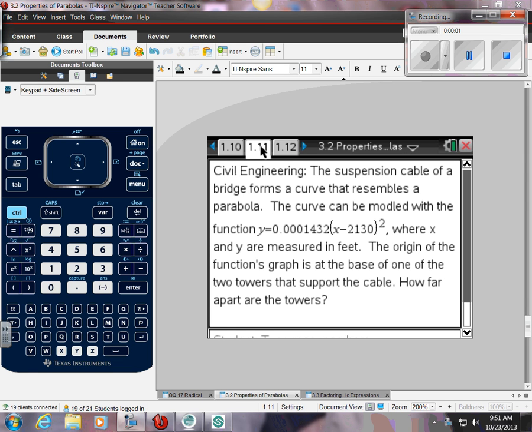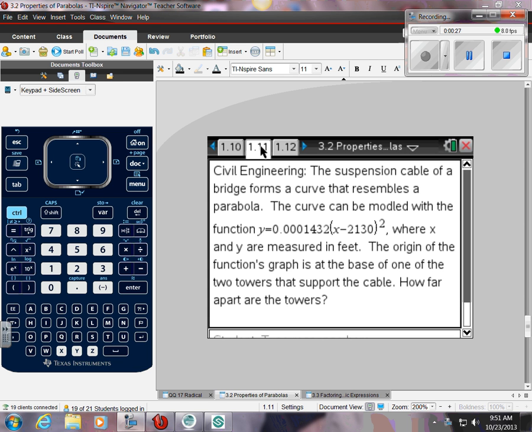Okay, so yesterday we were talking about properties of quadratics, so we're going to continue on with that. We're on 3.2. We're going to do the word problem, okay? So the word problem says, civil engineering. The suspension cable of a bridge forms a curve that resembles a parabola. The curve can be modeled with the function y equals 0.000142 times the quantity x minus